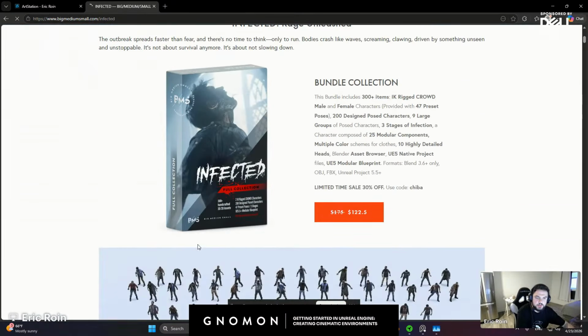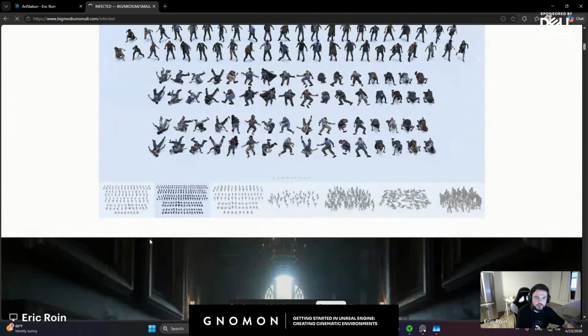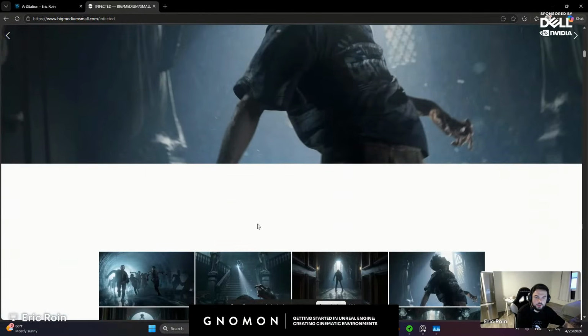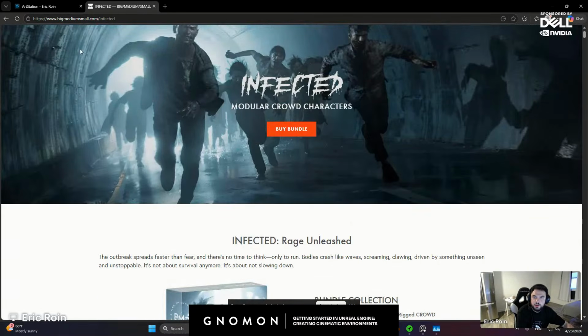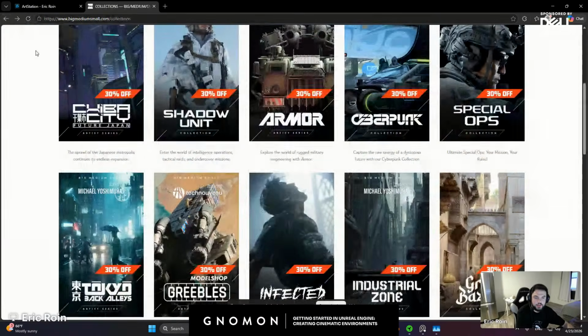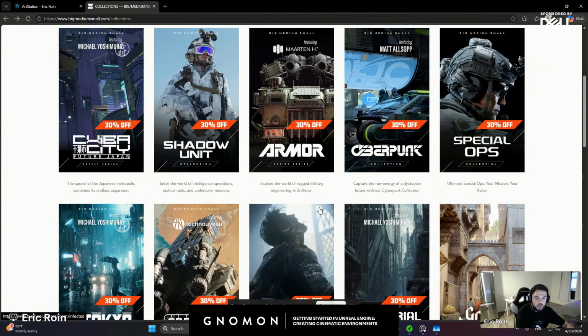Another pack we're going to be using today is the Infected pack. This does not have a credit of an artist to it, so I'm not really sure who to credit, but I believe it was probably made by Jama Drabayev, who also was able to provide access to all of these for us today.